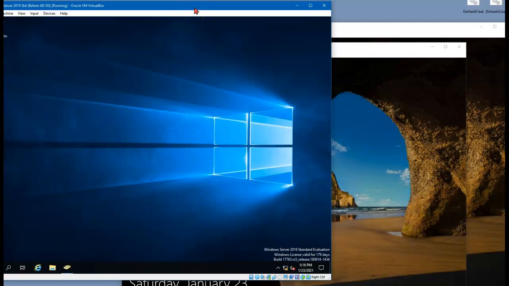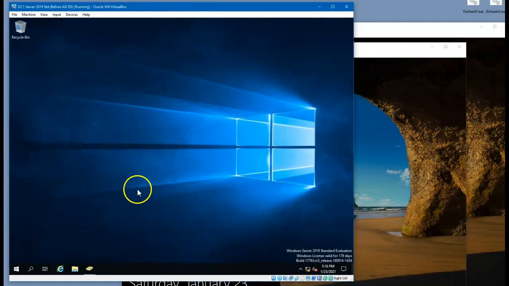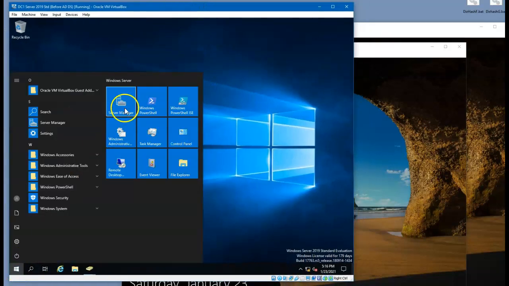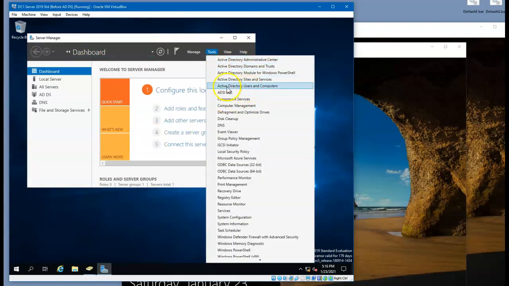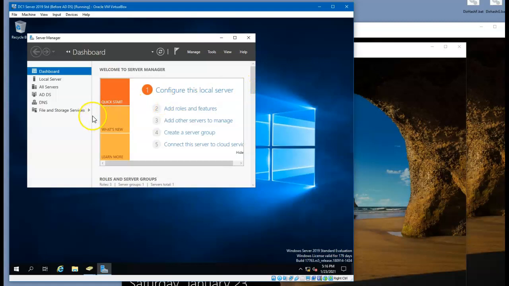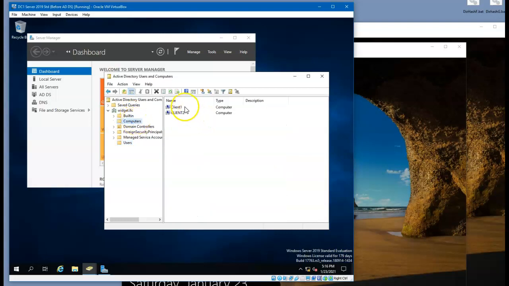In the objectives for the MTA, Microsoft wants us to understand that when we hear the word domain account, we're talking about a user account, a group account, or a computer account that is kept on the domain. It is created here on the server, and so if we go to Server Manager, and then up to Tools, and Active Directory Users and Computers,